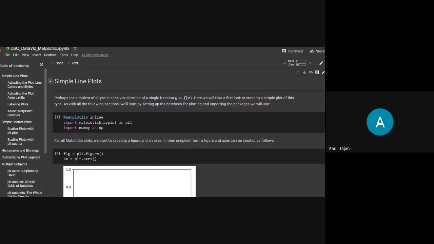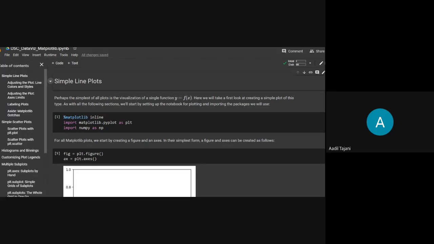So let's start. There are many different libraries in different languages available for visualizing data. But today we are going to discuss the two most used and discussed libraries. First is Matplotlib and the second is Seaborn. I'll be covering today's Matplotlib part. Okay, so let's start with it.